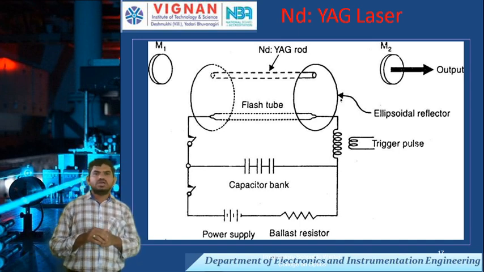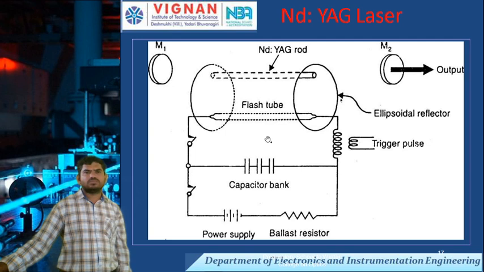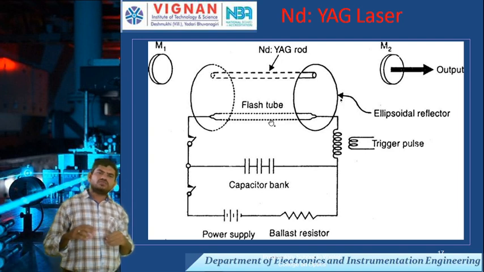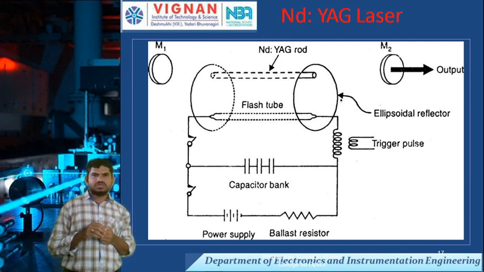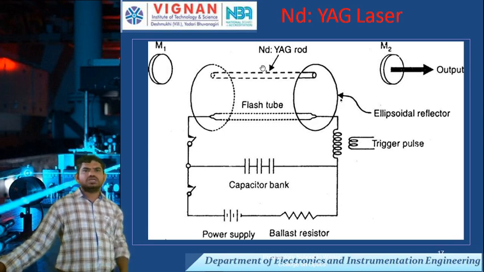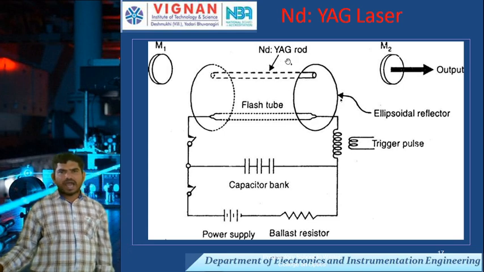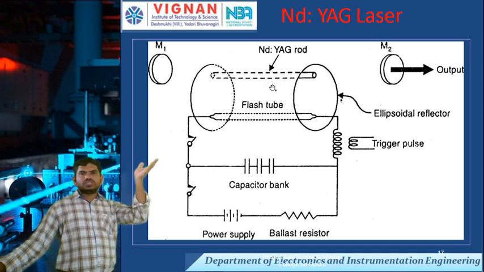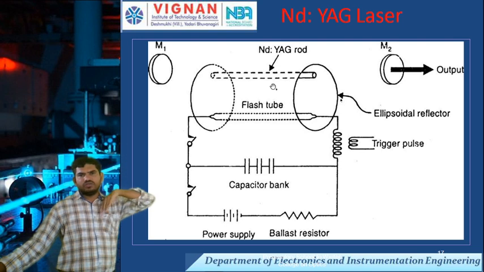Coming to the operation, when we give a power supply to the xenon flash tube, the flash tube emits some radiation. Due to the emission of this radiation, the neodymium YAG rod atoms are excited. When the atoms are excited over the threshold value,